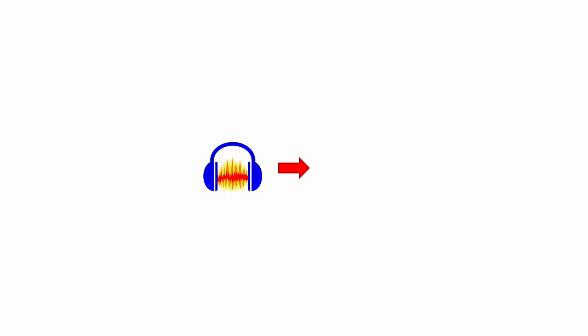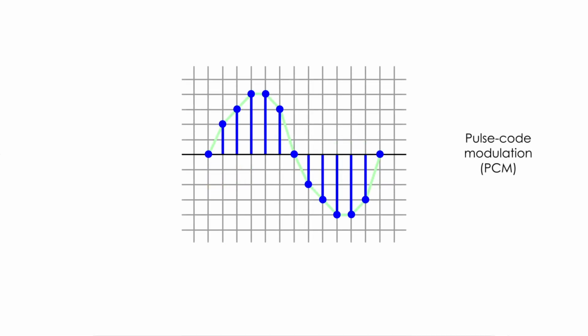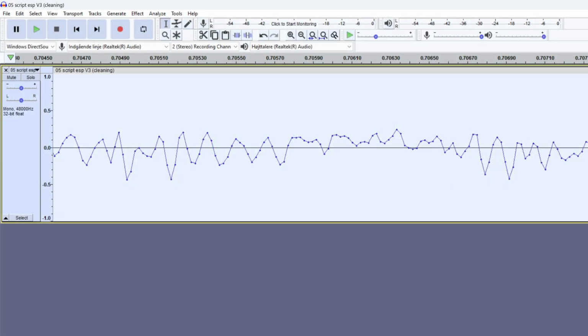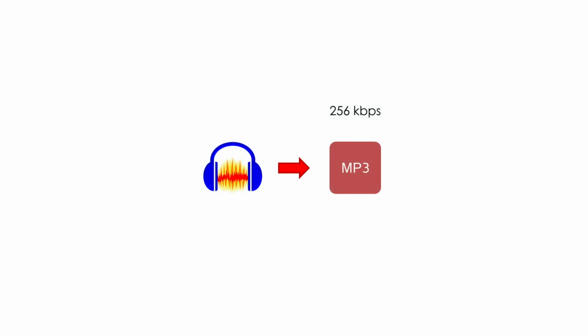If you need to export the file for use in other software, but you still want that audio to be a high-quality backup, the safest option is to export it in WAV format. This format can take up to 2 to 5 times the storage of a good quality MP3. But it is the most faithful digital representation of the original audio, due to the PCM representation. In fact, recordings made directly in Audacity are also represented in PCM, just at a higher resolution than normally used in WAV files. For the final version of your audio, the MP3 format could be suitable, as long as it comes from uncompressed audio and the compression is of high quality.